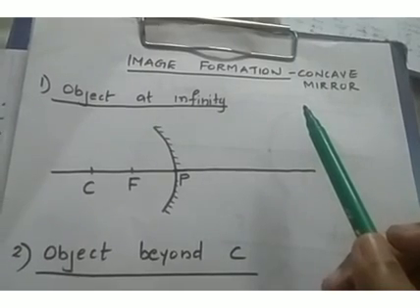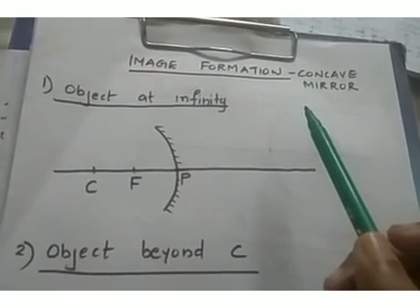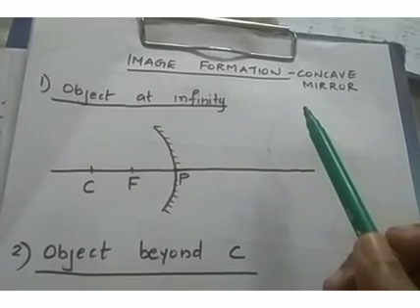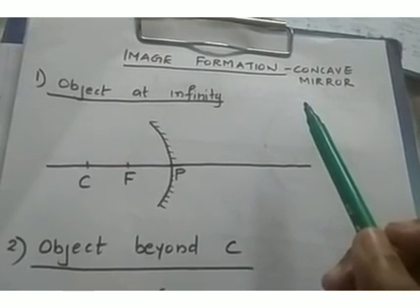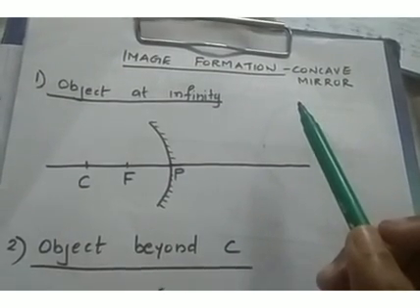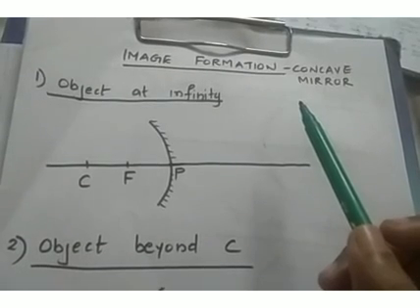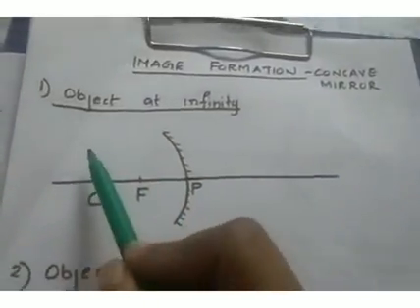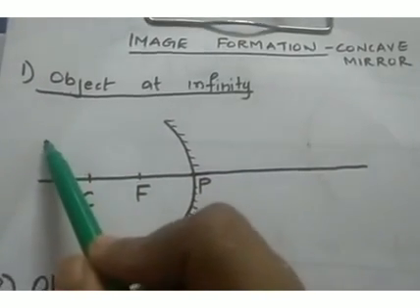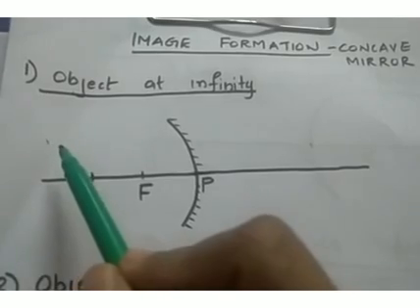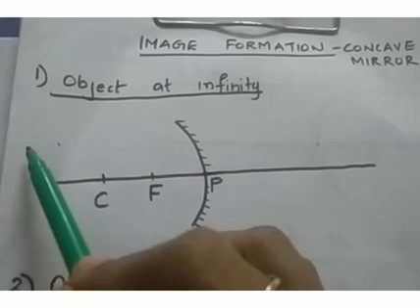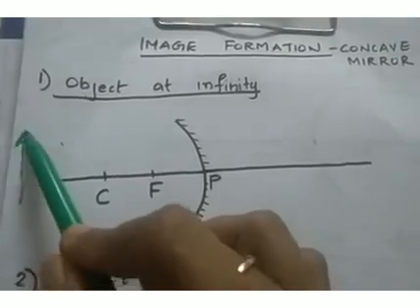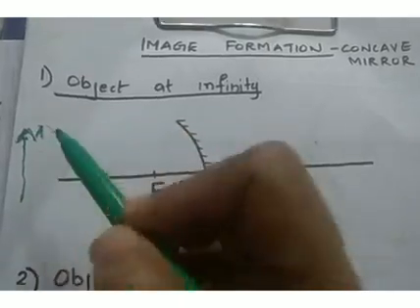We had already discussed that whenever the object is at infinity, the light rays received from it are always represented as parallel straight lines. So here also we can represent the light rays from the object at infinity. Since the object is at infinity, there is no need to represent the object. But in your NCERT textbook, the object has been represented like this. See, this arrow mark is the object and it can be denoted as A, B.